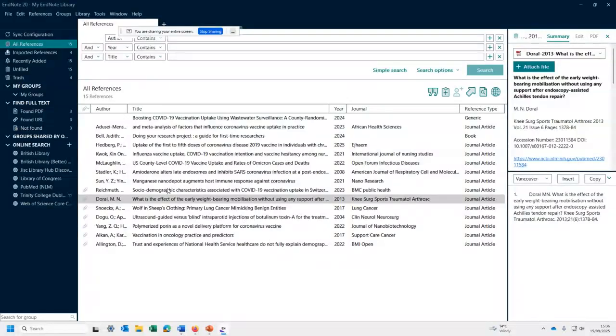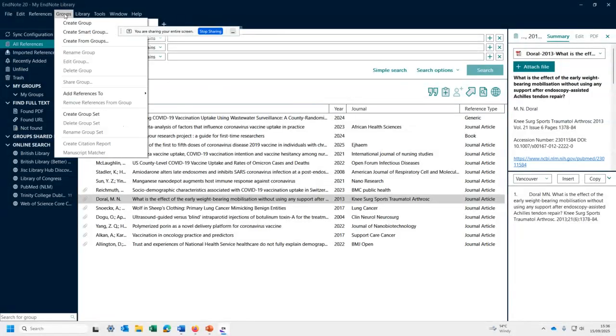Yeah, so that's it. That's how we find full text. We use that feature there. We highlight the references and we use that find full text. We can sort here. Now, the other thing we may want to do is create a group. Okay, like I said, if you're doing your thesis, you may want to do a chapter 1 group, an introduction, and groups are quite easy.